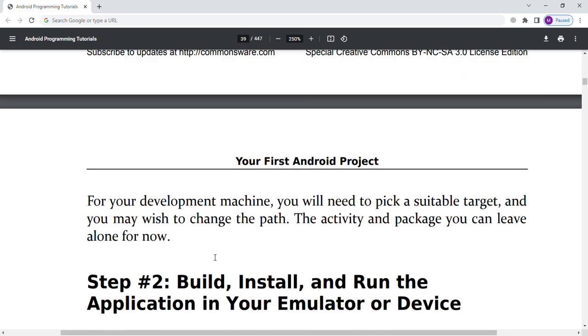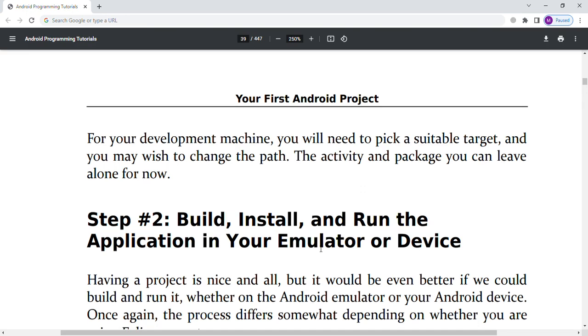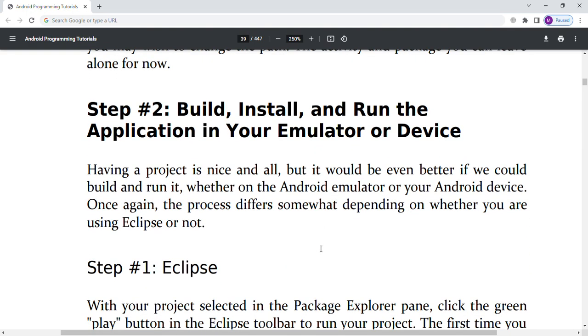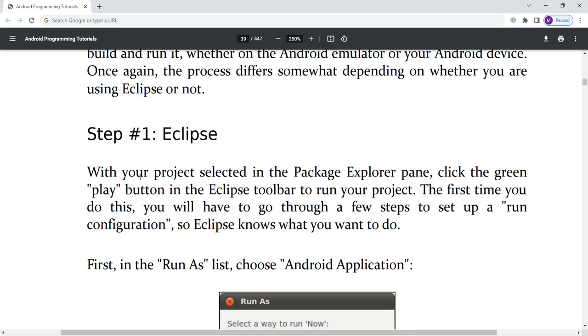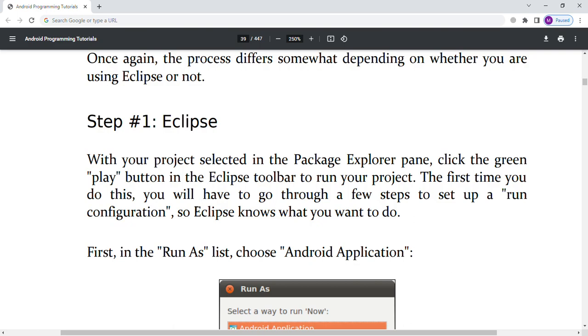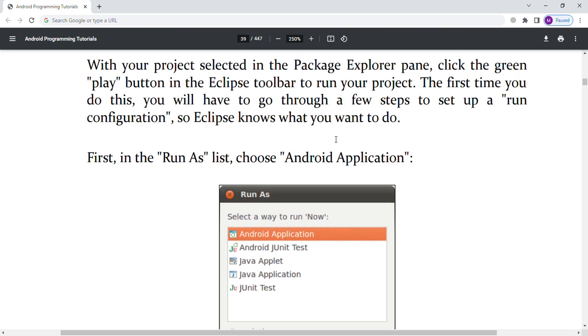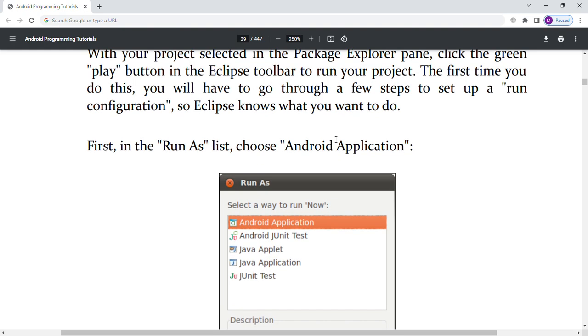We will move further. The second step is to build, install, and run the application in your emulator or device. How can we do this? Step 1, Eclipse. With your project selected in the Package Explorer pane, select the green play button in the Eclipse toolbar to run the project. The first time you do this, you will have to go through a few steps